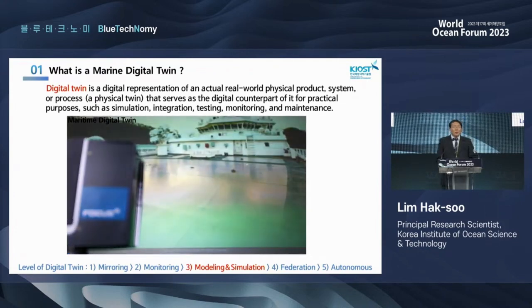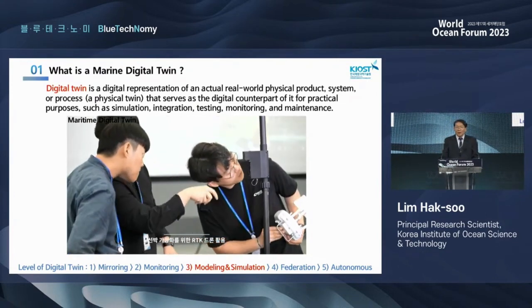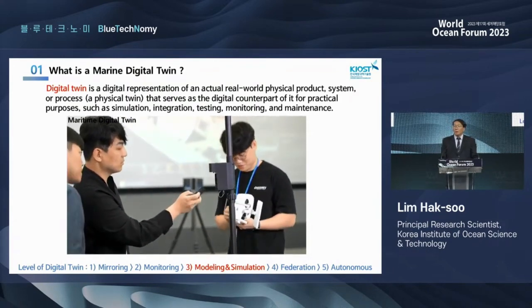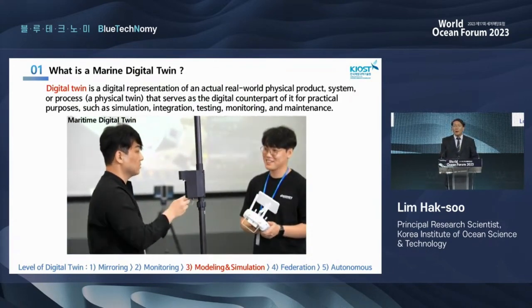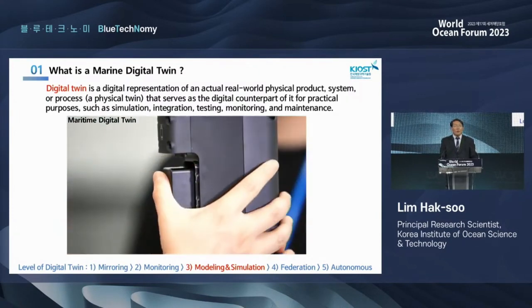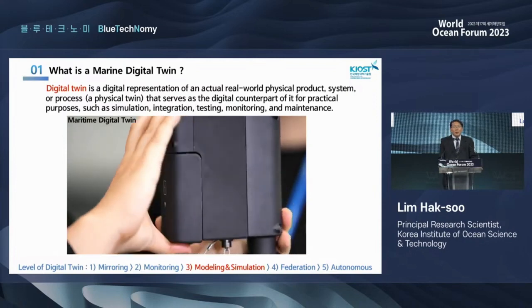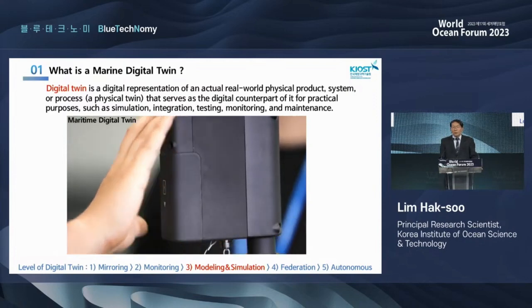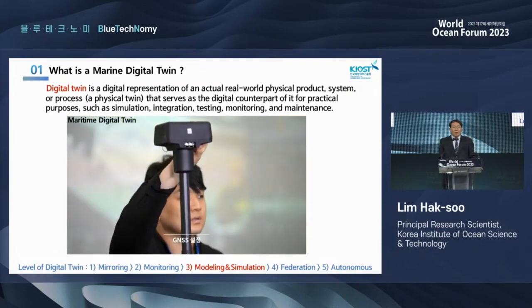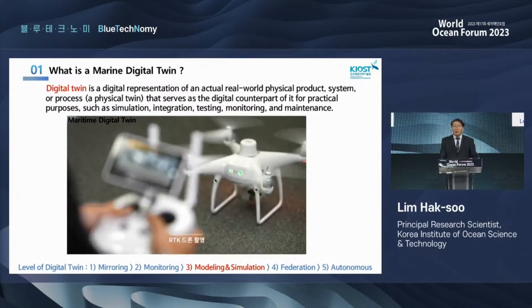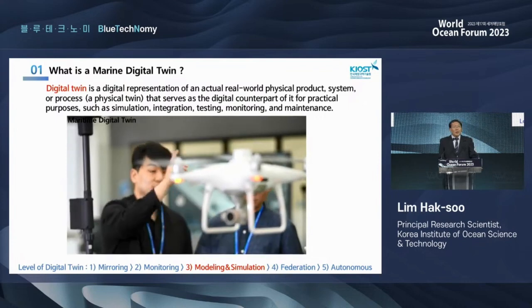Digital twin technology is widely used currently, in particular in design, safety, and disaster prevention. Digital twin is being actively used. KIOST, since 2018, has built and run the Maritime Open Lab to support the adoption of maritime technology in the maritime sector. As you can see on the screen,